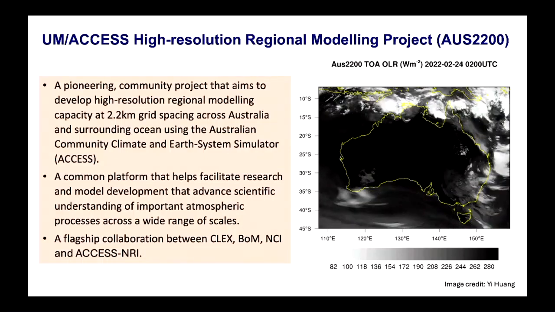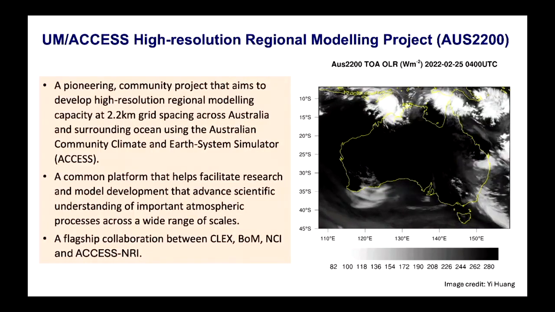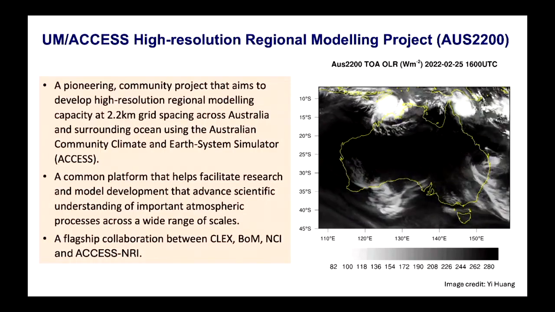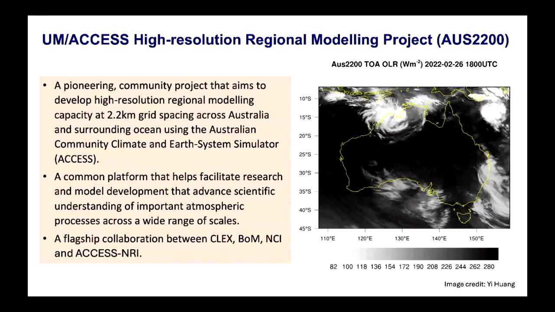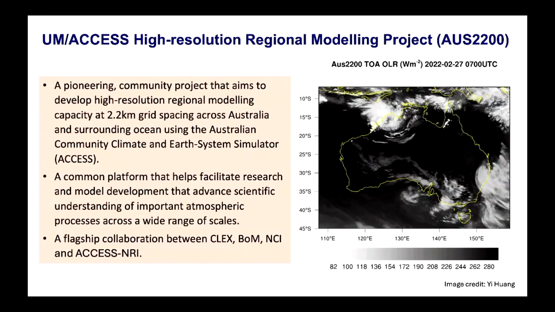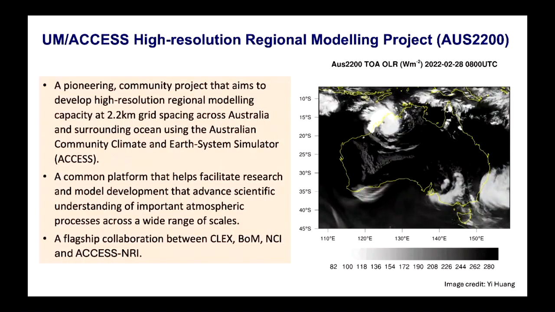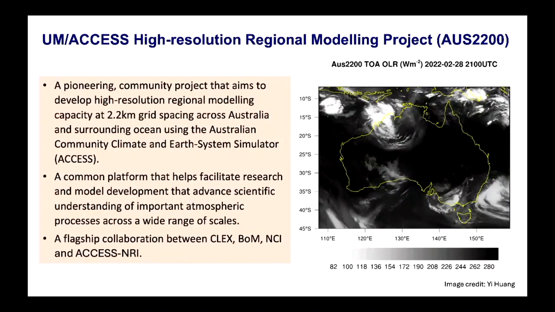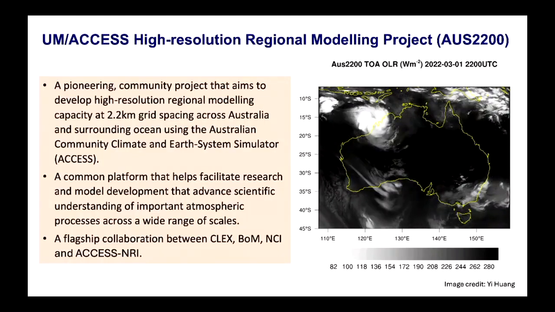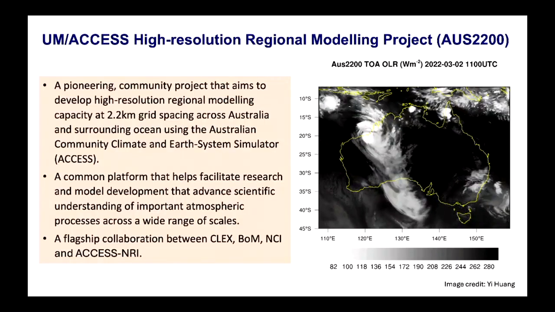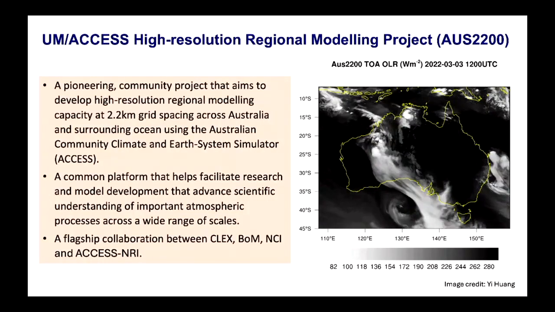Locally, our ARC Centre of Excellence for Climate Extremes team has also been at the forefront of developing a national capacity to use these high-resolution cloud resolving models to examine our weather across Australia. We've got this project called AUS2200, and some of you probably have heard of it already. It really is a project that aims to develop this cloud resolving capability, with model spacing at 2.2 kilometer grid spacing across Australia and around, using our Australian ACCESS model.